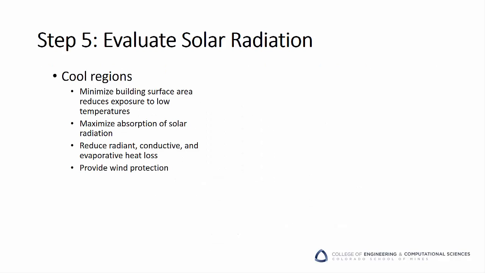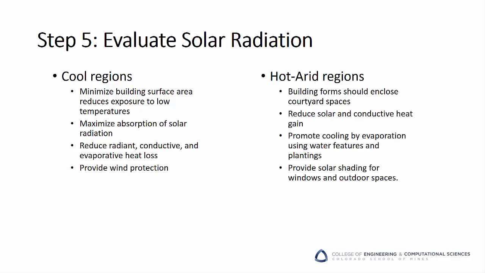For cool regions, you'll want to minimize building surface area, maximize absorption of solar radiation, reduce radiant, conductive, and evaporative heat loss, and provide wind protection. By contrast, for hot and arid regions, you'll want building forms that enclose spaces. You'll want to reduce solar and conductive heat gain, promote cooling by evaporation using water features and plants, and provide solar shading for windows and outdoor